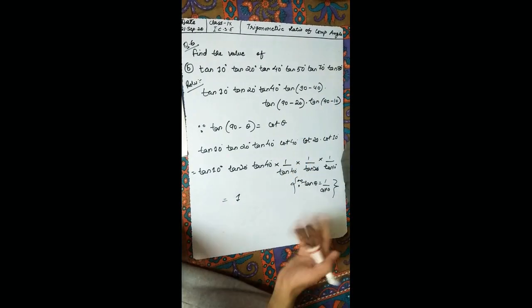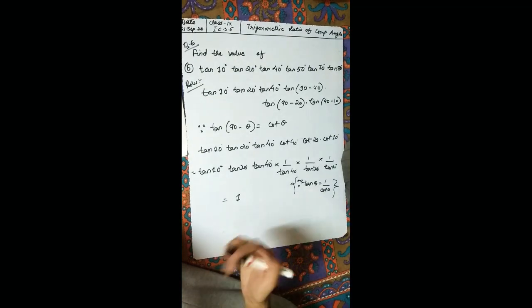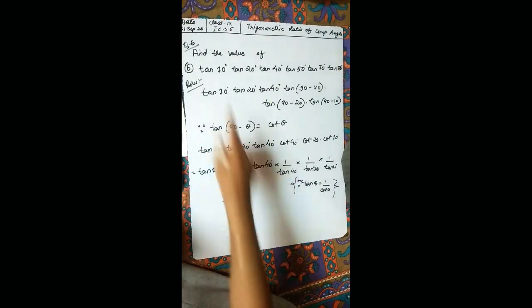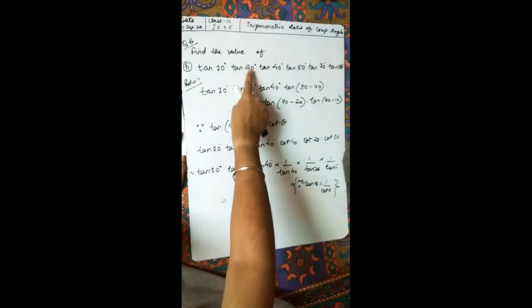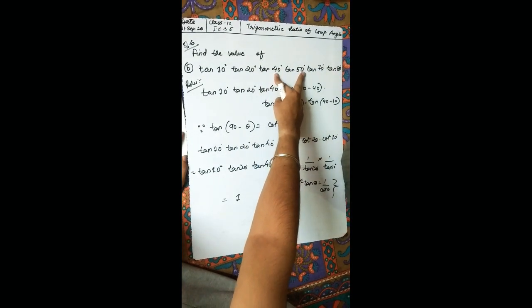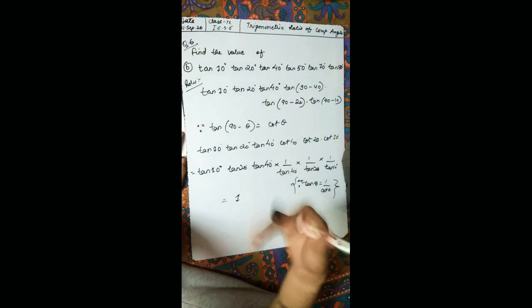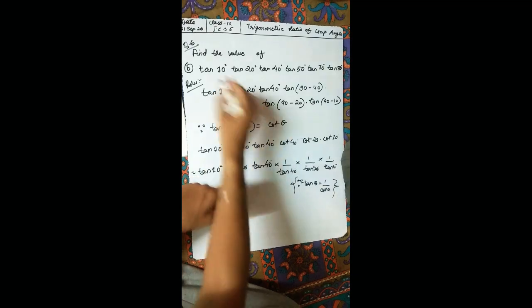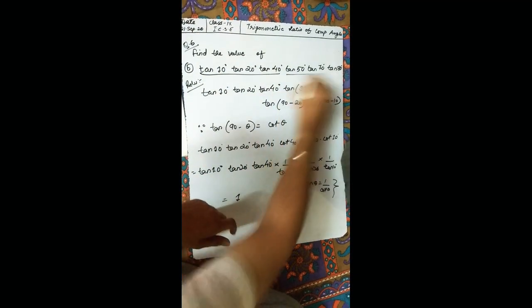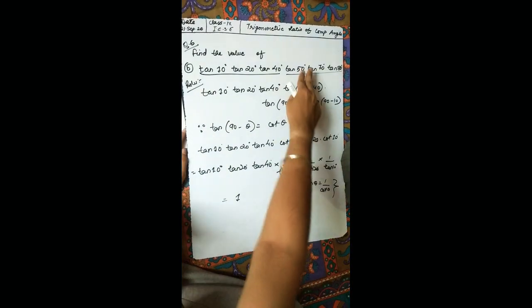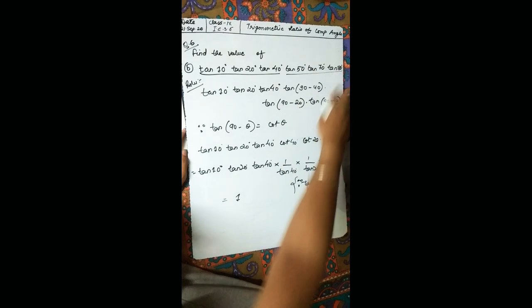Now how do I get to know which I have to write like what? You just check this 10 degree plus 80 degree, you will get 90 degree. So that means they both are connected somewhere. 20 and this 70, they both are connected, and 40 and 50, 40 plus 50, 90 degree. So this is one way of knowing which to be converted and which not to be converted. We see the relationships. So I'm keeping these 3 as they are and I'm changing these 3. So 50 is written as this, 70 is written as this and 80 is written as this.